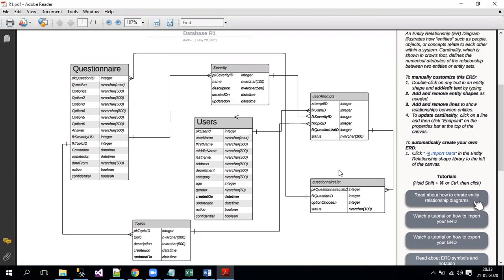In real time cases, we may get more than 10 tables, 20 tables, or 30 tables, maybe even more than that. By seeing the entity relationship diagram, it is very difficult to design your database, because there are many relationships, and identifying those relationships is not that easy. In this video, I'll show you how easily we can do this database design, how to identify the relationships, and which tables we need to create first and which tables we need to create last.